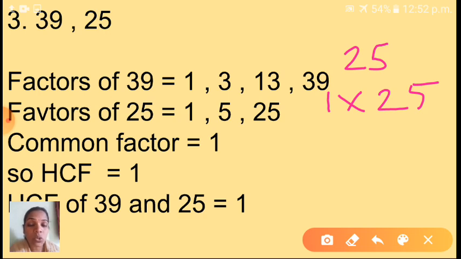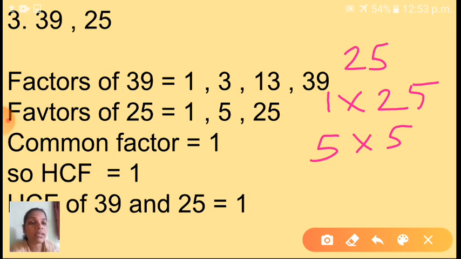In 4's table also it will not come, isn't it children? 4 4's are 16, 4 5's are 20, 4 6's are 24, 4 7's are 28. So this 25 will not come. Fifth table, you just have to check. 5 5s are 25. So 5 will come. Okay. The remaining tables 6, 7, 8, in these tables 25 will not come as a multiple. Okay children. So what are the factors of 25? 1, 5, 25.